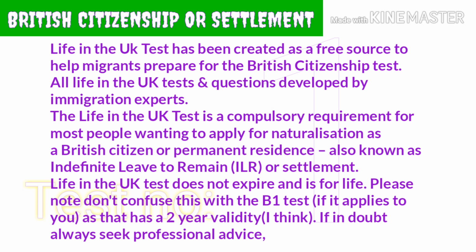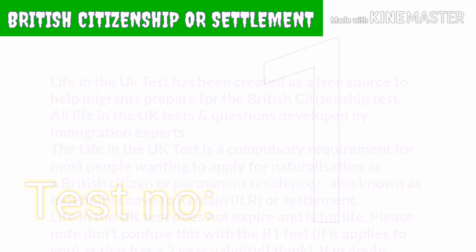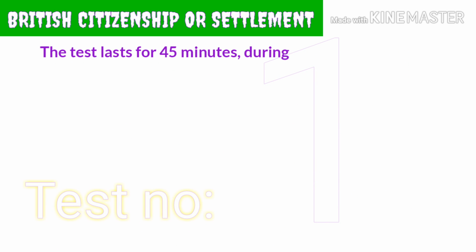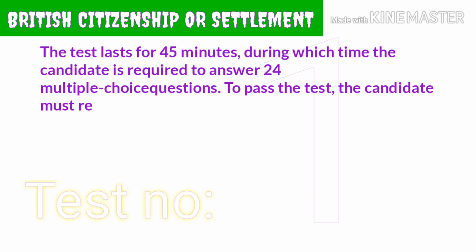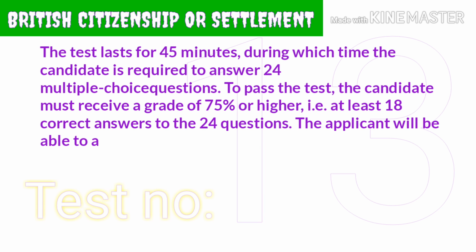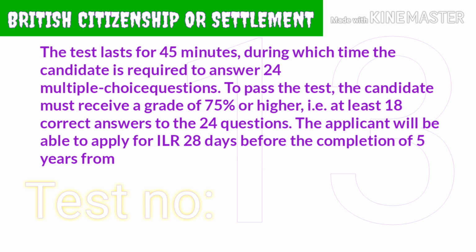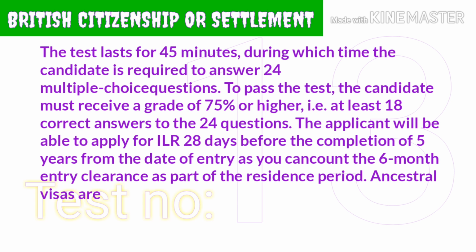Life in the UK test does not expire and is for life. Please note, don't confuse this with the B1 test, if it applies to you, as that has a 2-year validity, I think. If in doubt, always seek professional advice. The test lasts for 45 minutes, during which time the candidate is required to answer 24 multiple-choice questions. To pass the test, the candidate must receive a grade of 75% or higher, i.e., at least 18 correct answers